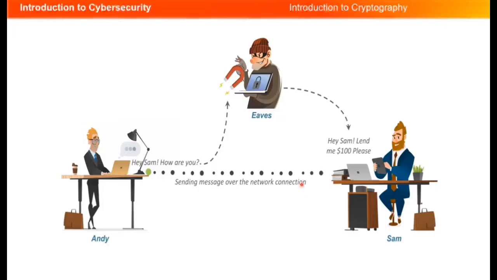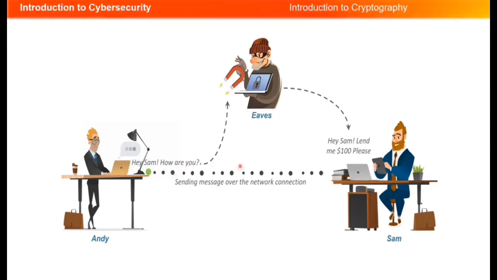Well, right here is a good example of why cybersecurity is important. You can see here Andy and Sam are communicating over a network, probably sending just clear text to one another, unencrypted text. The problem is you don't know who else is listening. So Sam and Andy think they're communicating directly with one another. However, as we can see here, Eves has come onto the network. He's intercepting the message that Andy thinks he's sending to Sam, changing the message and saying, "Sam, would you lend me $100?" And it looks like Sam is actually complying, but it's probably going to be $100 that goes back to Eves.